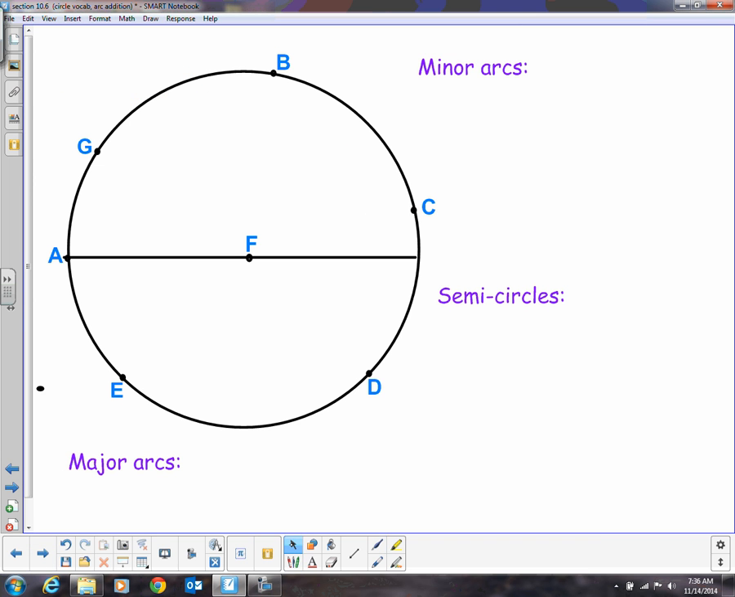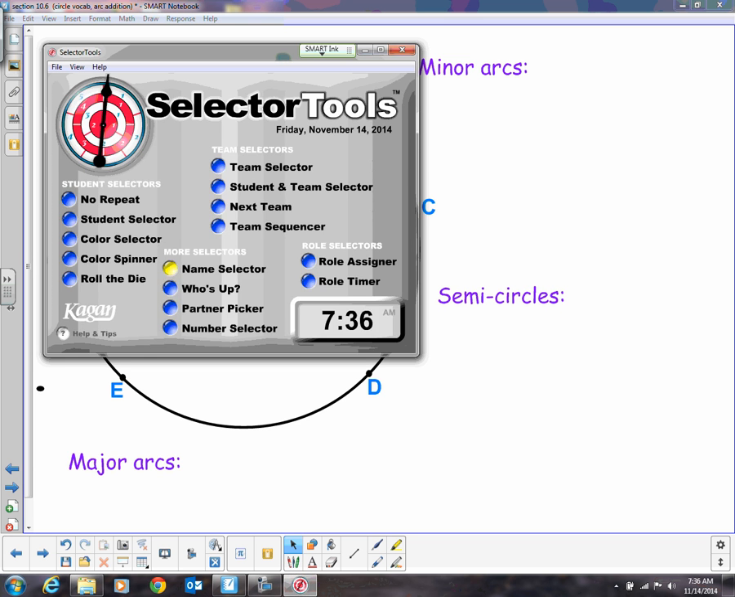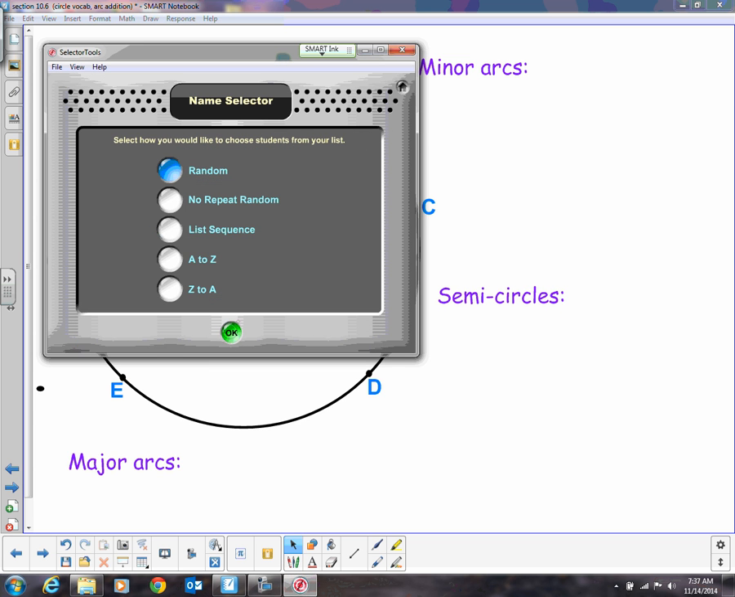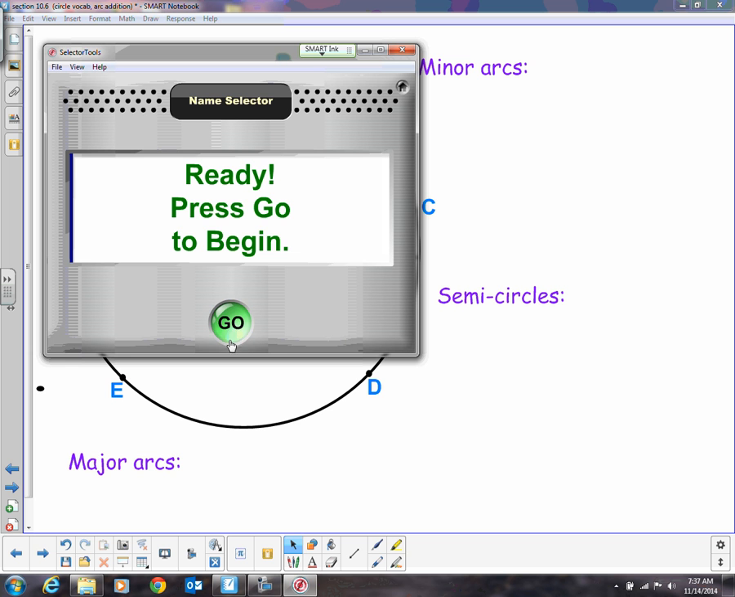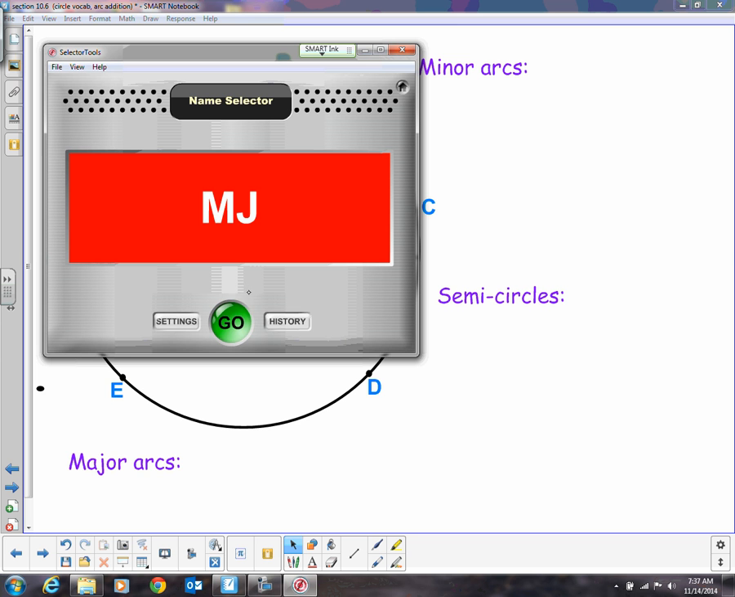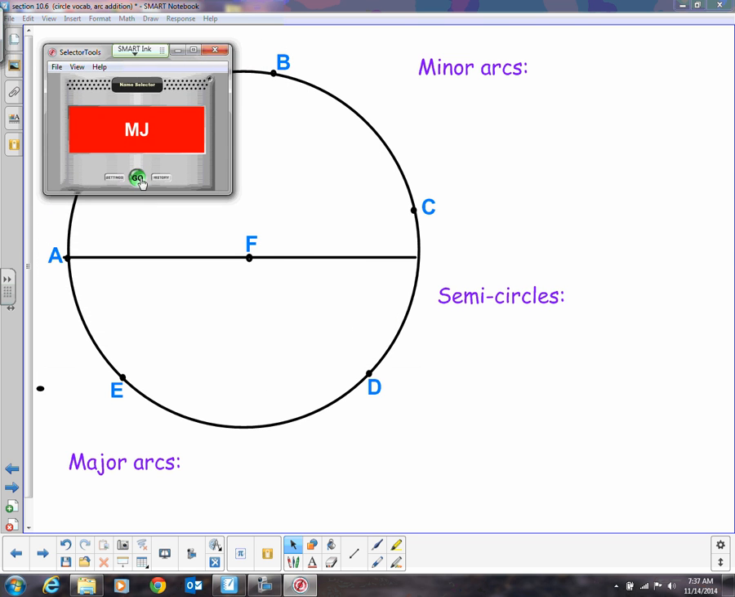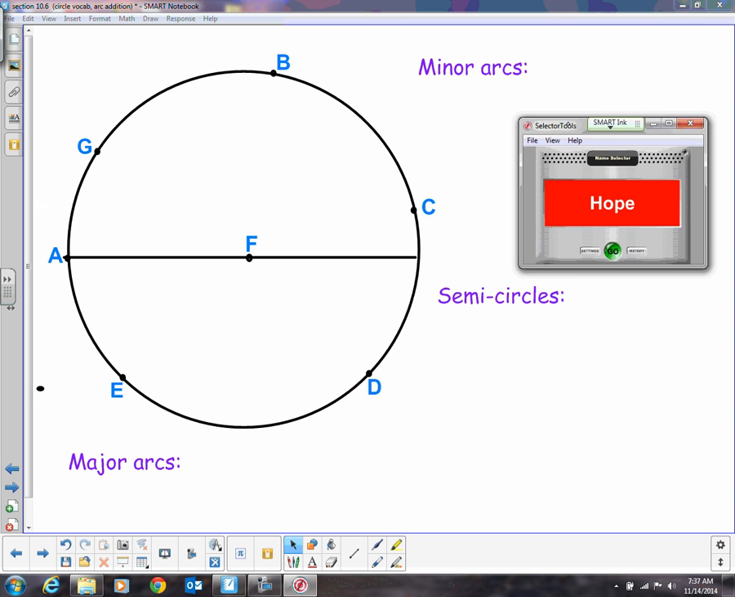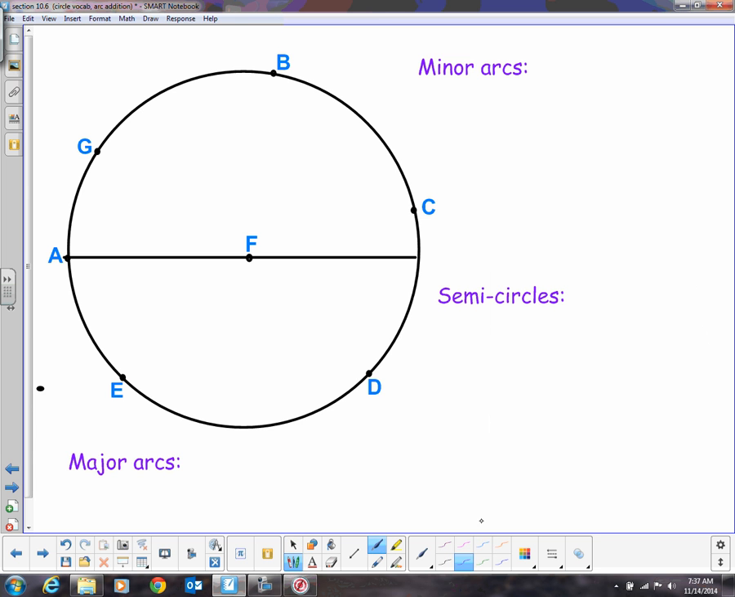Okay, so minor arcs. Let's name some minor arcs. You ready? Okay, are you going to record? Okay, step into your paper so I can see. Alright, I need a minor arc. Hope you name a minor arc in my circle. There's lots of